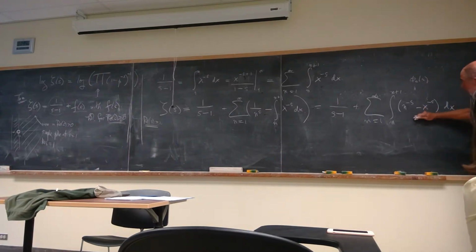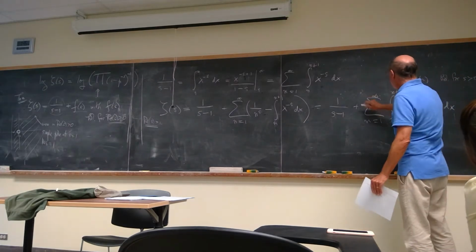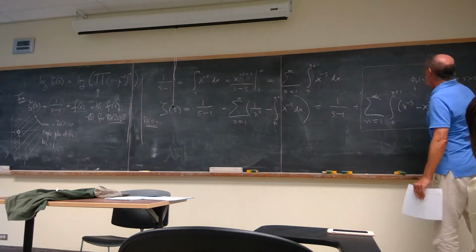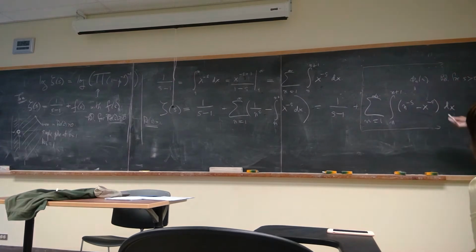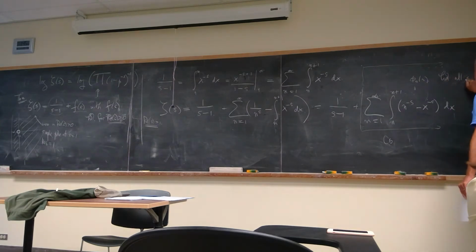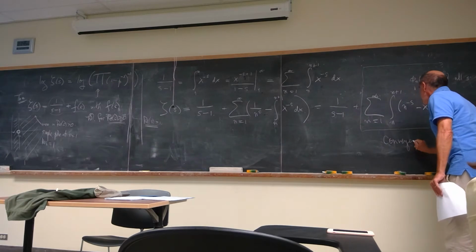That individual function is holomorphic for s greater than 0, since we're just integrating a holomorphic function. So if we're able to show that this series converges uniformly on compact subsets, then we have a limit of holomorphic functions converging uniformly on compact subsets, and we claim it's holomorphic for all s, and it converges uniformly